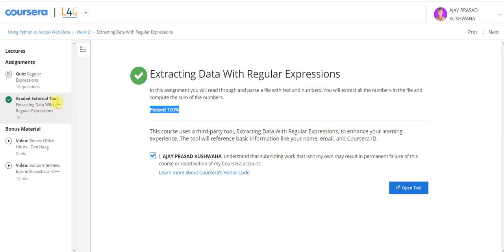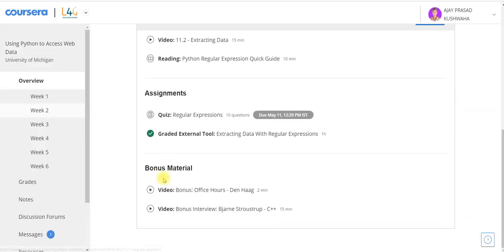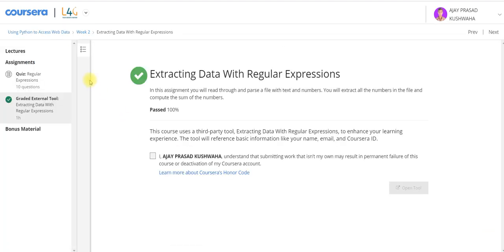This is a graded external tool, which means this is a graded assignment, so without completing it you are not going to get the certificate. So how to do it? Just agree and open the new tool.